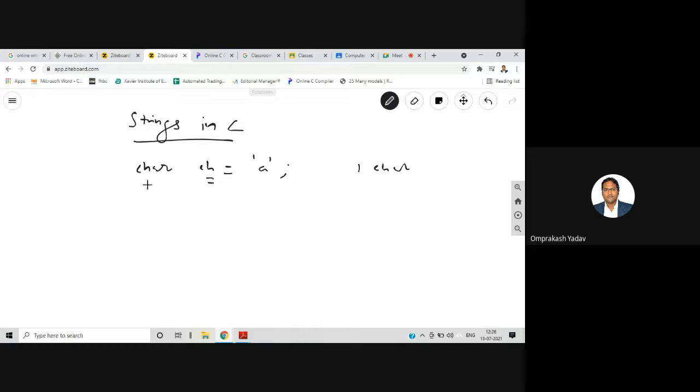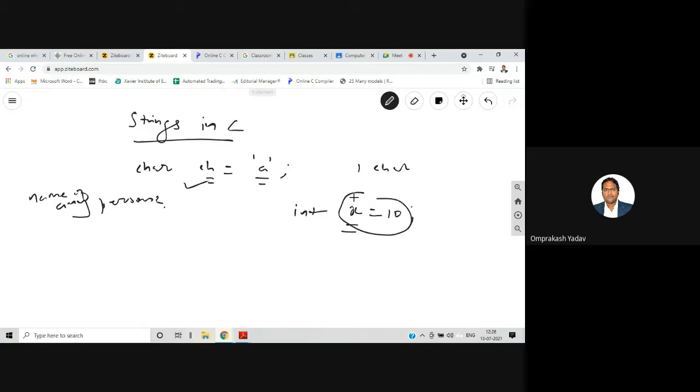But what if I want to store the name of any particular person? I cannot hold more than one character in this variable. Now, if I declare int x = 10, this x can hold only one integer number.